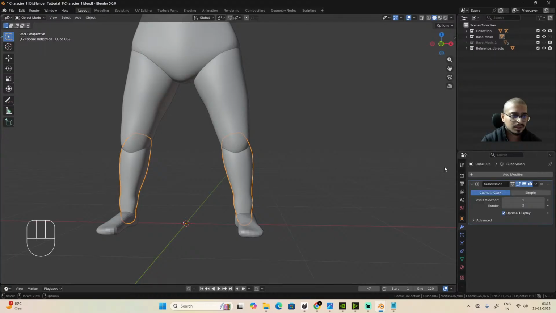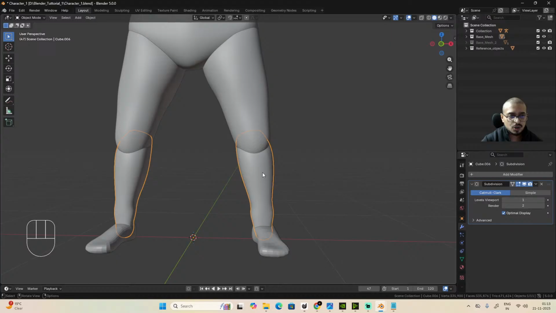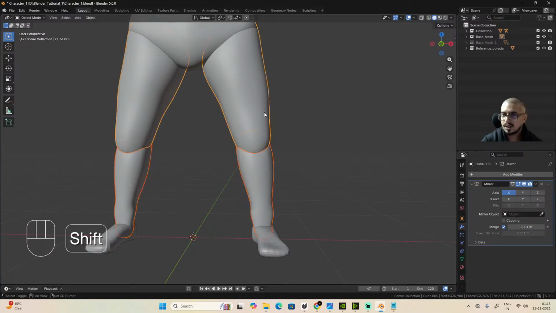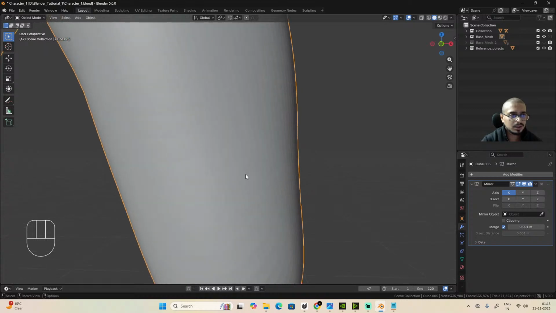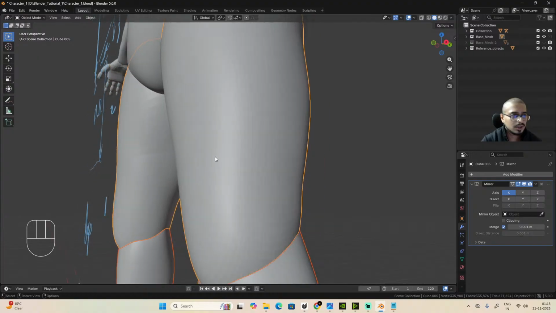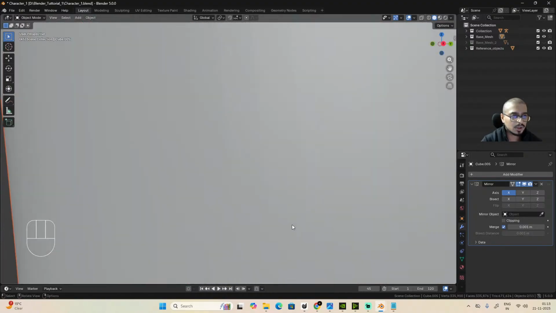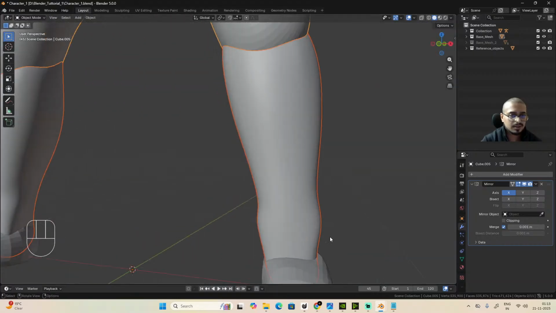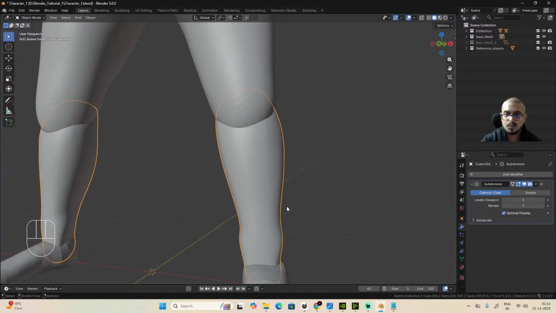Subdivision surface. Okay. So if I join this one to this one, what is going to happen is the subdivision, like you can see this is way smoother than this one, as you can visually see lines and faces, right? And in this one it's way more precise, as subdivision surface is applied on this one, which creates more geometry